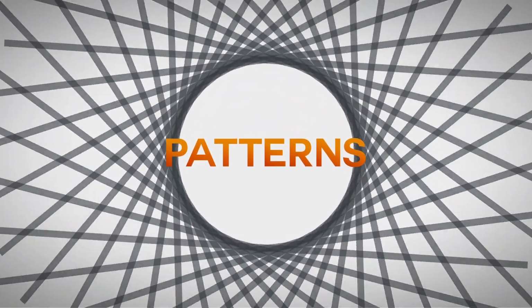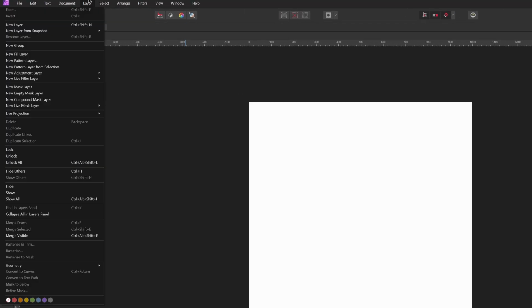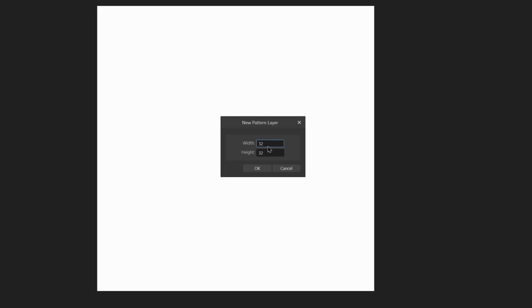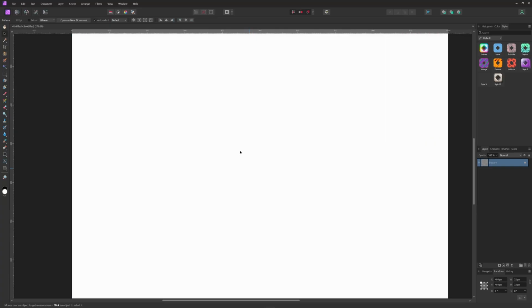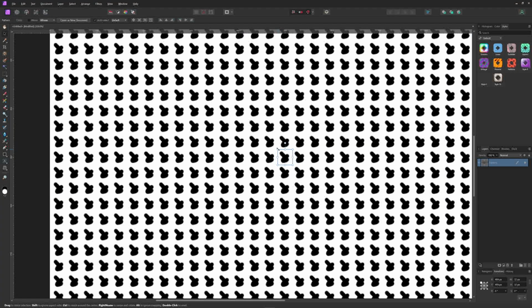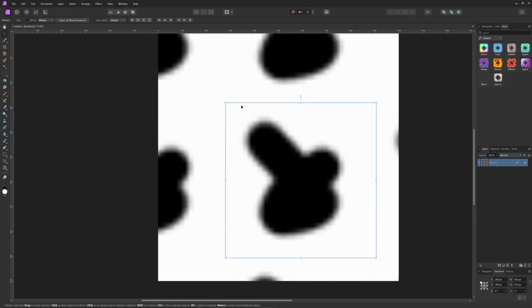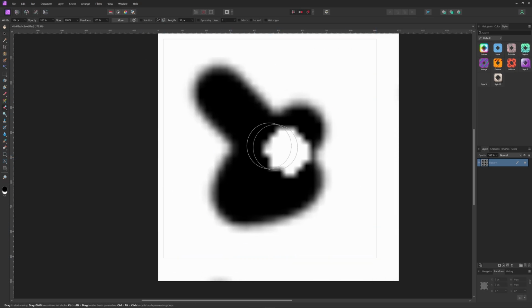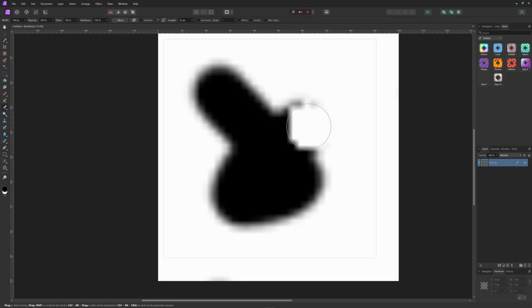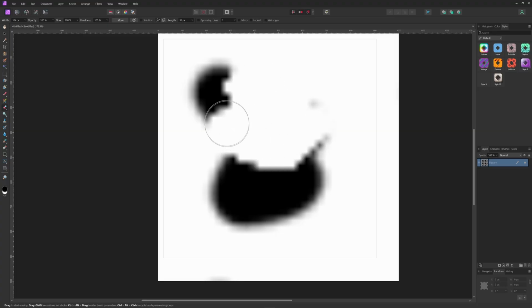You can very simply create a pattern by opening the layer dropdown, and then you can choose to either create a new blank pattern layer or to create one from your selection. When creating a blank one, you're prompted to choose the dimensions of the input that is used to create the pattern. And this is very important because when you're upscaling the pattern, the DPI of the pattern will become lower. So if you upscale it and then want to draw on it, it will automatically be in low DPI and